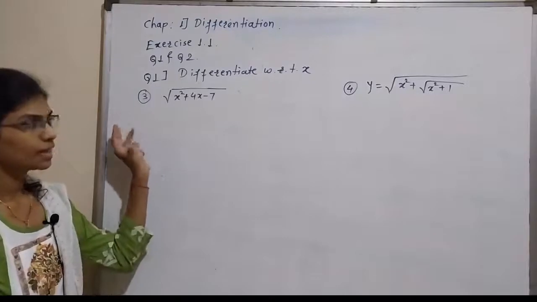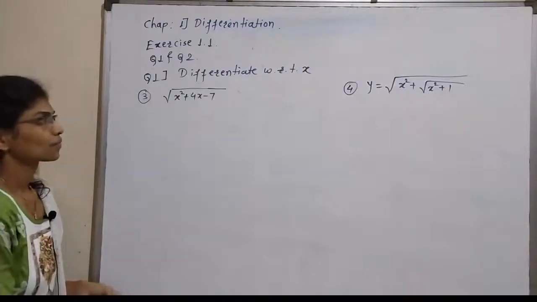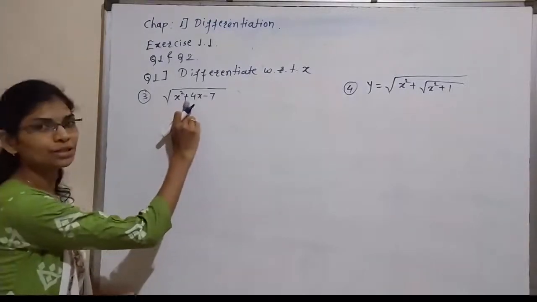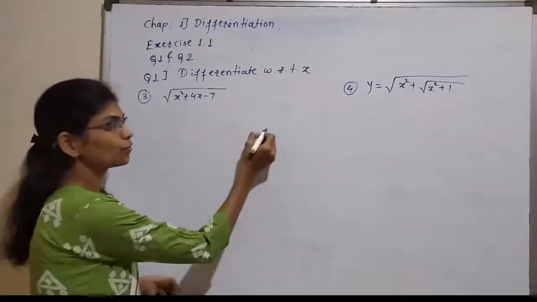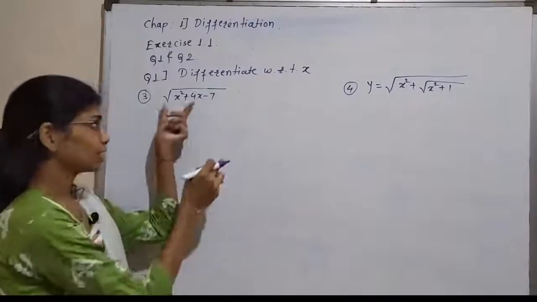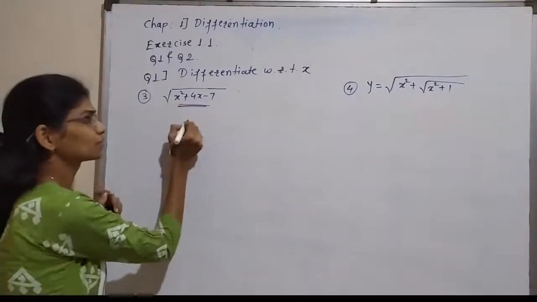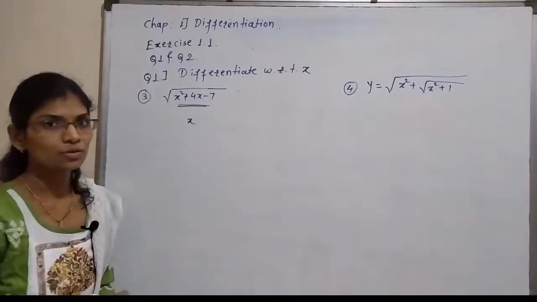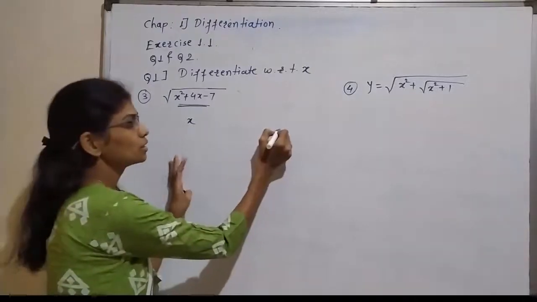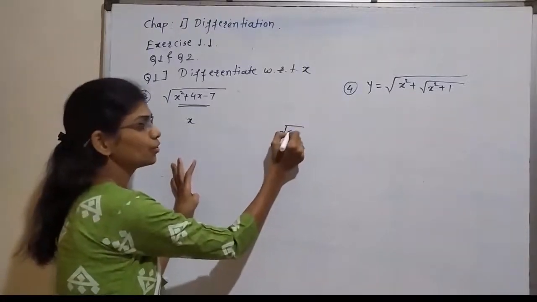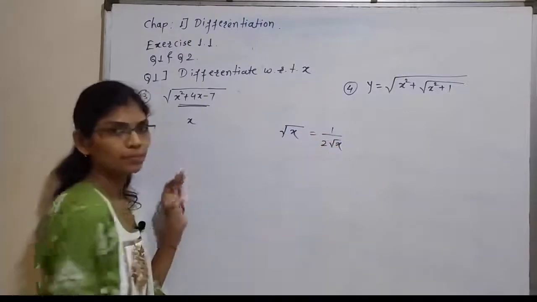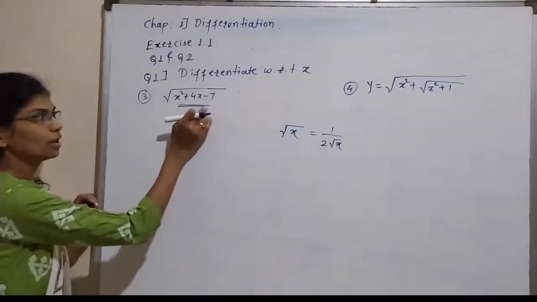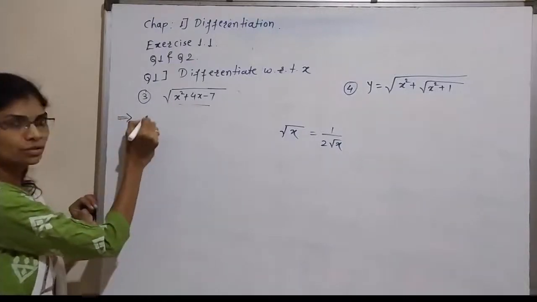Then the next questions are where a square root of a function is there, and we know the derivative of root of x, where we can consider the whole function as x or u. We know that the derivative of root x is 1 divided by 2 root of x. First of all, consider that function